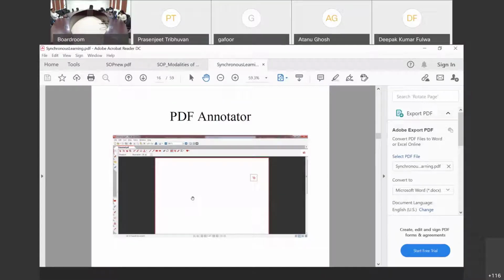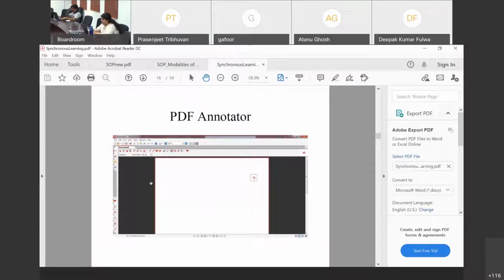The good part which I really like about this tool is it creates my presentation very quickly. It doesn't take too much time. I can take clippings from wherever I want, and I can create my slides, even assignments, even the material for the students very quickly using PDF Annotator.